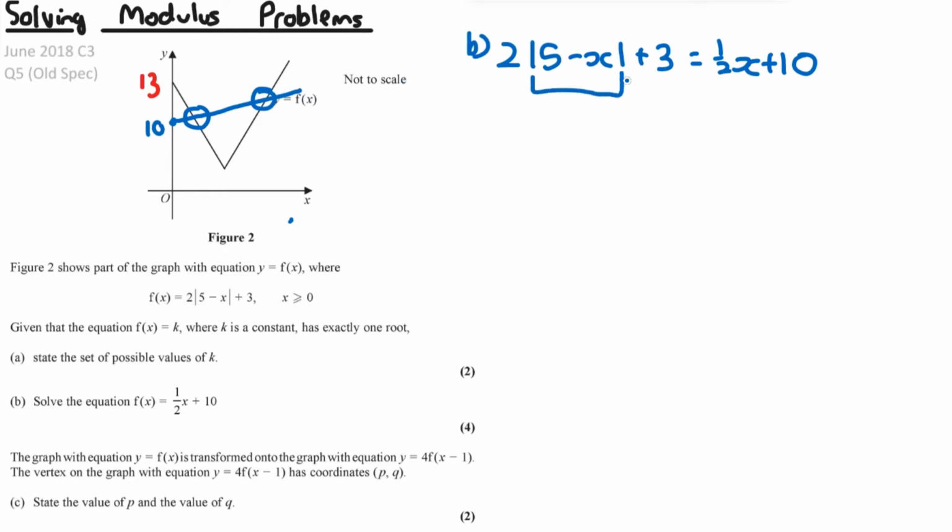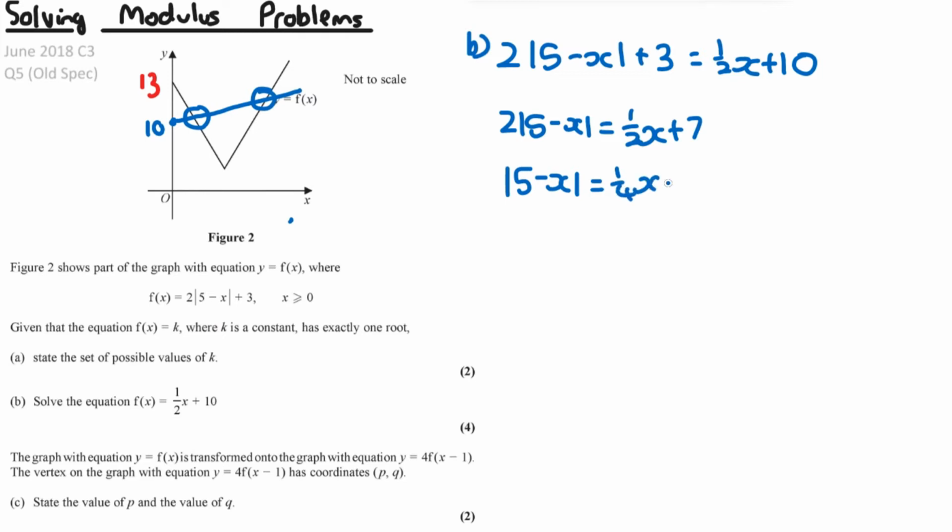First of all, we want to make the modulus a subject. So it's going to be 2 of 5 minus x is equal to a half x plus 7, and then divide both sides by 2 to get the modulus of 5 minus x is equal to a quarter x plus 7 over 2, and then we consider when this expression inside the modulus is positive and when it's negative. So when it's positive, it's going to be 5 minus x is equal to a quarter x plus 7 over 2. Move the 5 onto the other side to get minus x is equal to a quarter x minus 3 over 2,